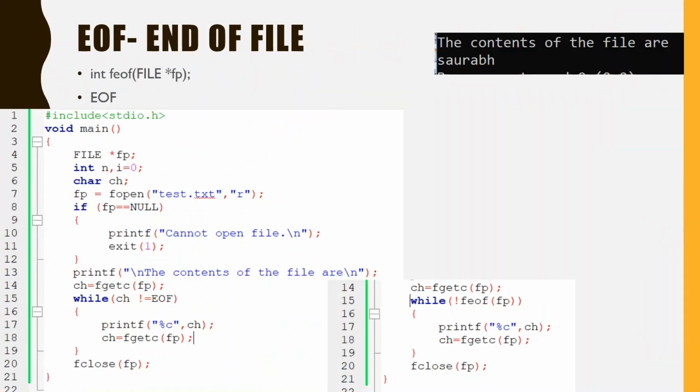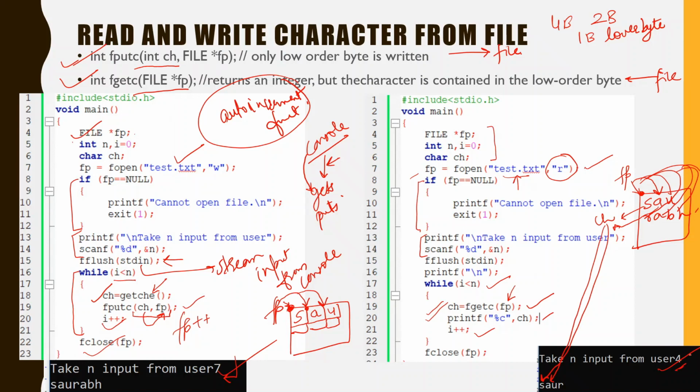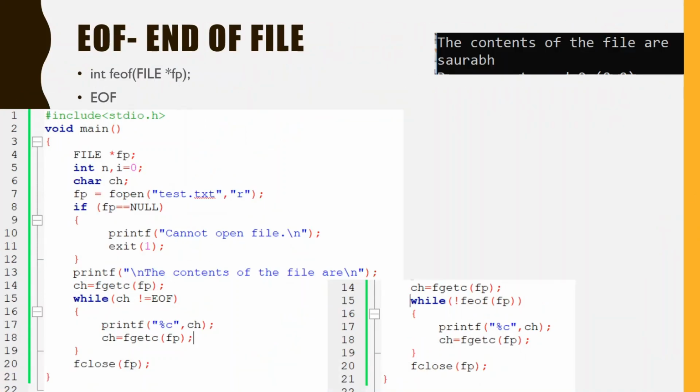Now let us understand some more information about the file, which is the end of the file. Here we only accessed 4 characters, so we did not reach the end of the file, because the file also had a b h. And in the end it has a special constant available, that is EOF. EOF stands for end of file. This is a constant which has been defined as a preprocessor in stdio.h that denotes the end of the file. In every file, a constant is added in the end, which is EOF.